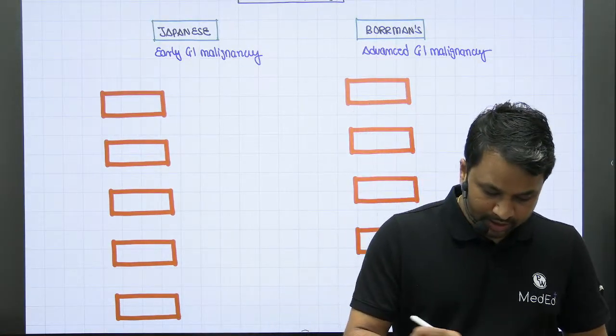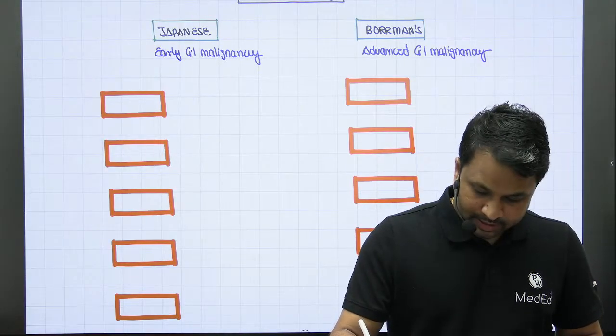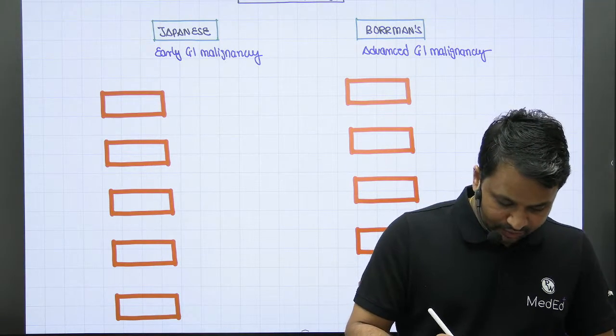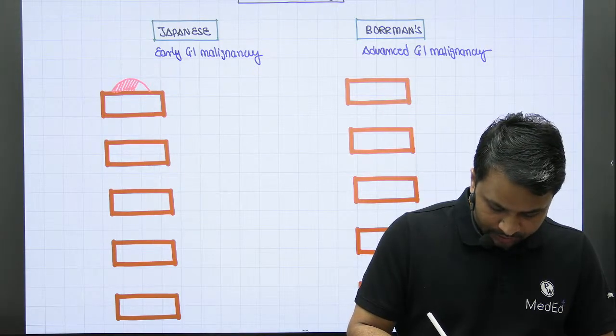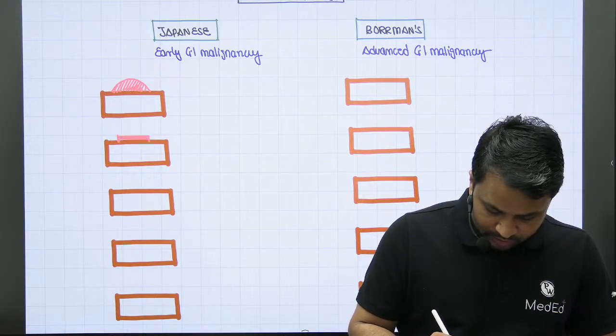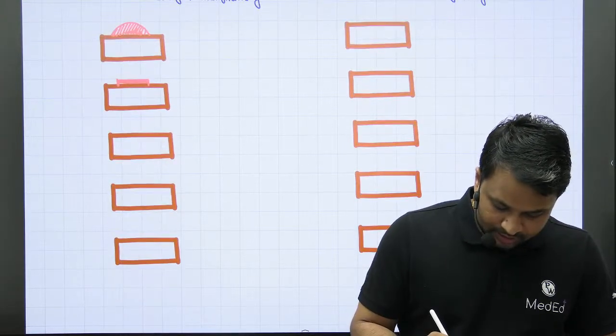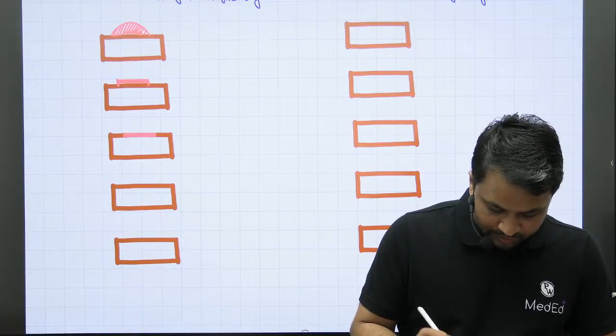So let's look at the growth presentation, right? Now, when you look at the early gastric cancers, the type 1 variety will have a protrusive growth like this. This is a growth which is going to be present here. In type 2 variety, it will be a flattened growth. It is going to be like this. Type 3, it is going to be at the same level of the tissue.